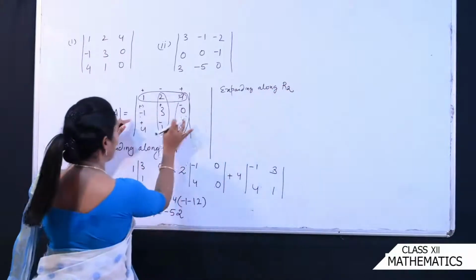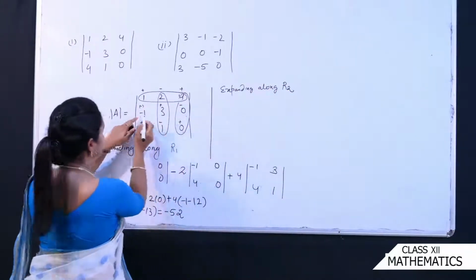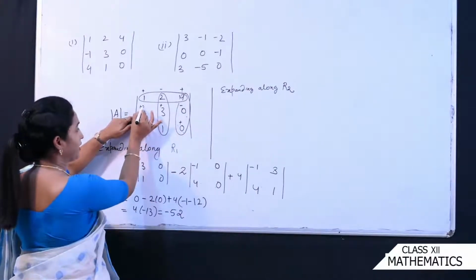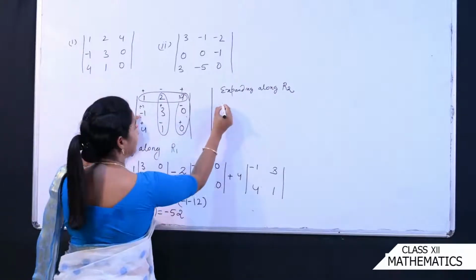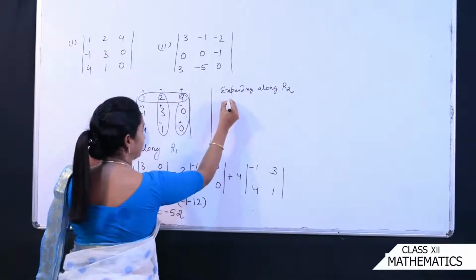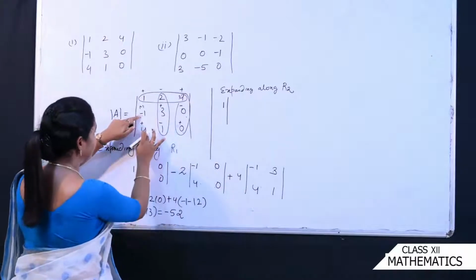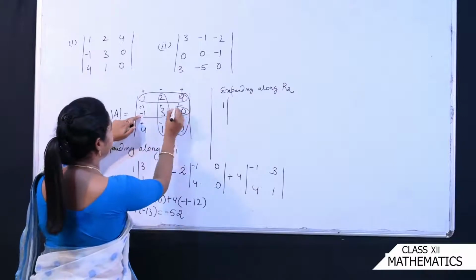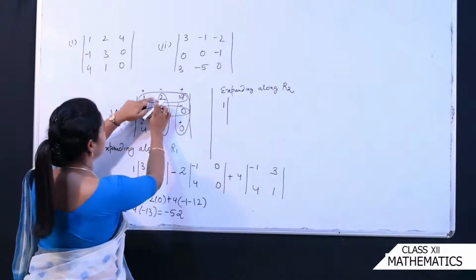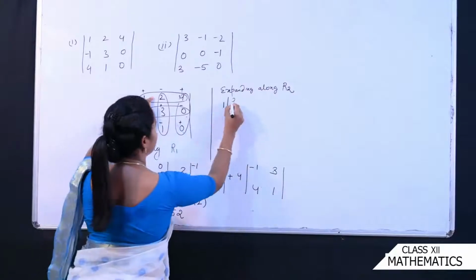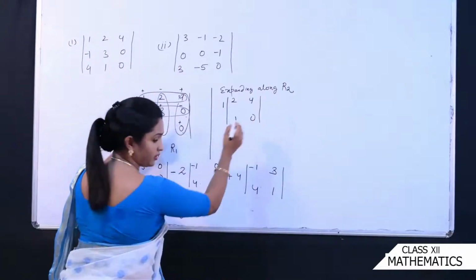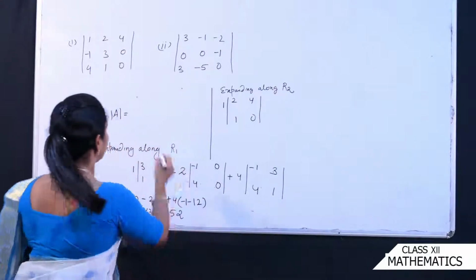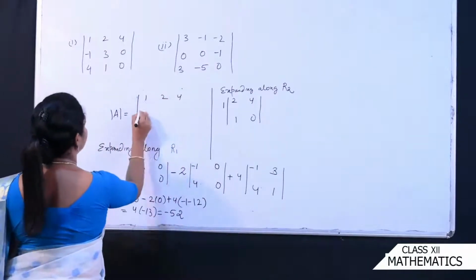So when you expand along R2 क्या होगा, अगेन यहाँ पे ऑलरेडी एक माइनस है देखिए, लेकिन क्योंकि आप जब कोफैक्टर निकालेंगे तो यहाँ पे ऑलरेडी माइनस होना चाहिए, सो यहाँ पे माइनस इंटू माइनस ये बन गया प्लस, सो इट इज 1, ओके, क्लियर। अगेन डिलीटिंग दिस एंड दिस, ओके, क्या बचा हुआ है, क्या बचेगा आपका, ये आप डिलीट कर देंगे और इसको डिलीट कर देंगे, तो इट इज 2 4 1 0, ओके, 2 4 1 0, ओके। मैं इसको दोबारा एक बार लिख देती हूँ, I'll just write down once again. So you can see here it is 1 2 4 -1 3 0.